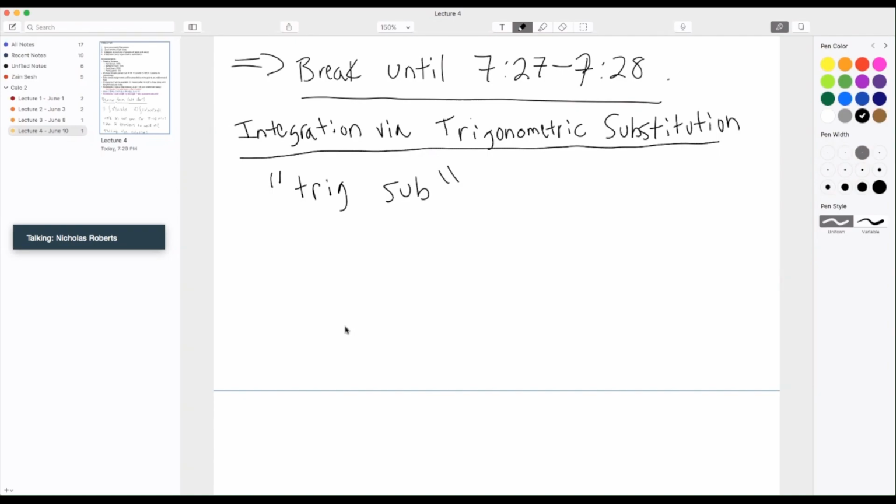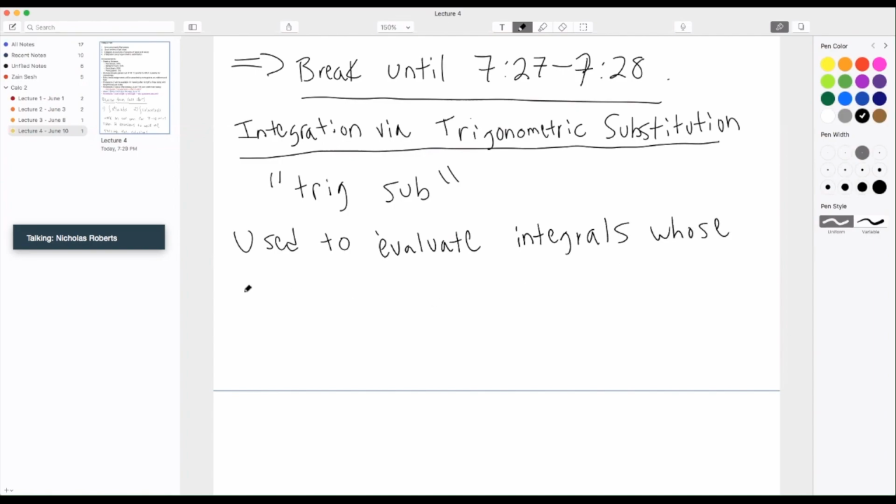Well, now we want to enlarge our class of functions that we can integrate. It's used to evaluate integrals